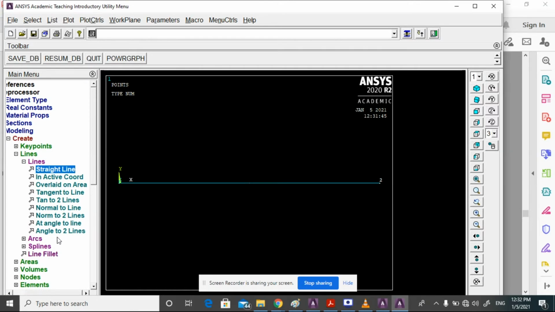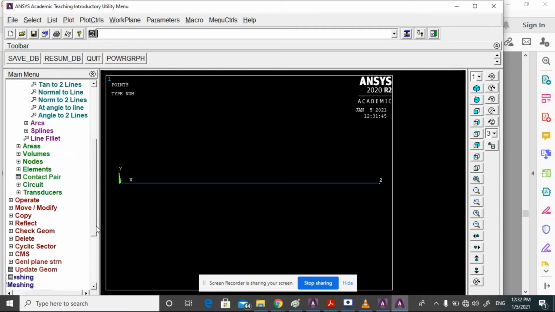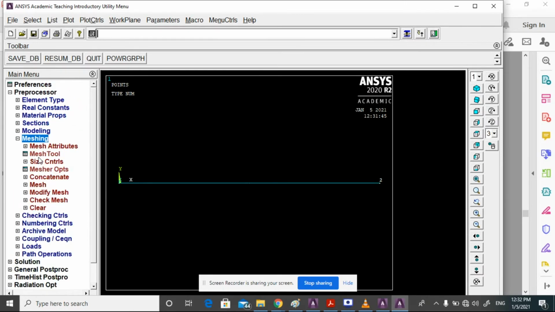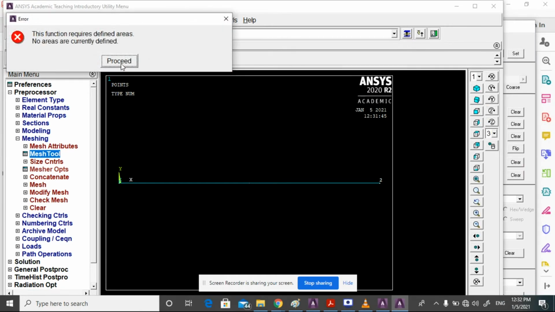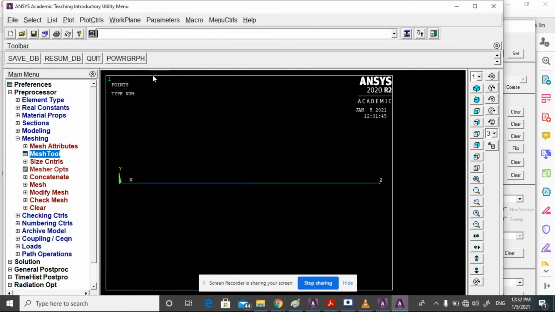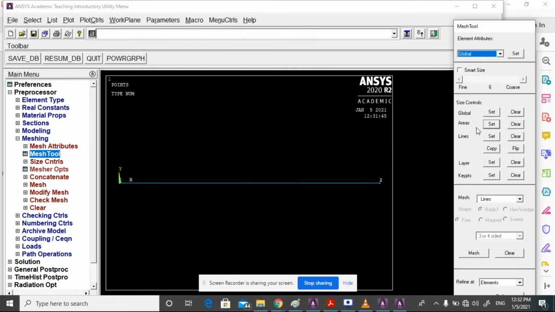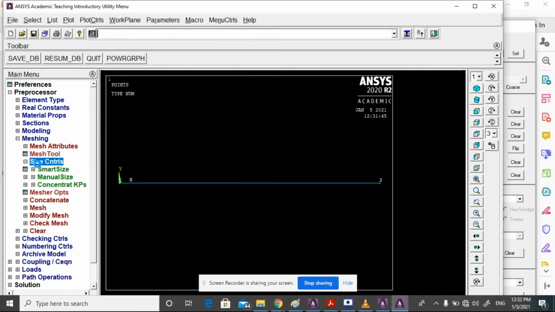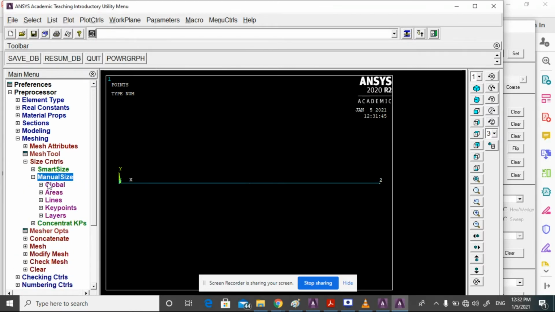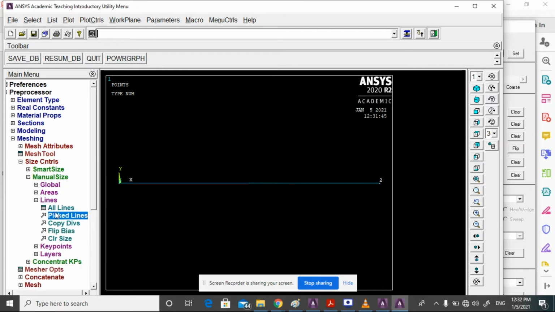And meshing, go to meshing, and mesh control. Sorry, it's not an area. It says on lines, all lines.